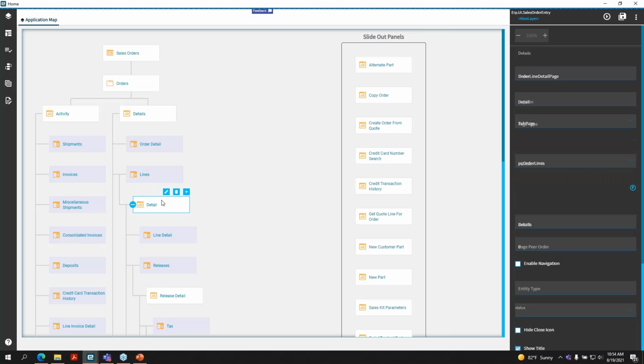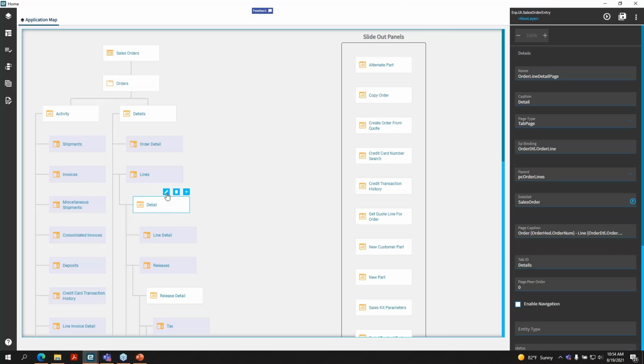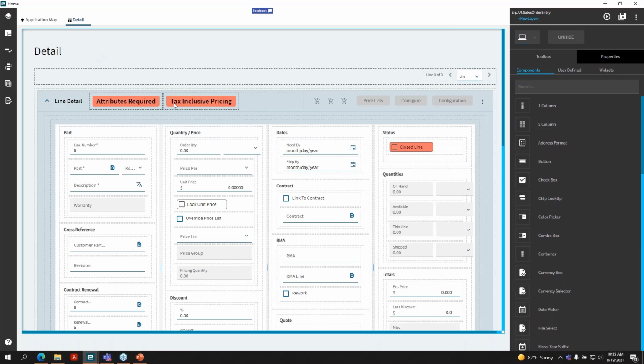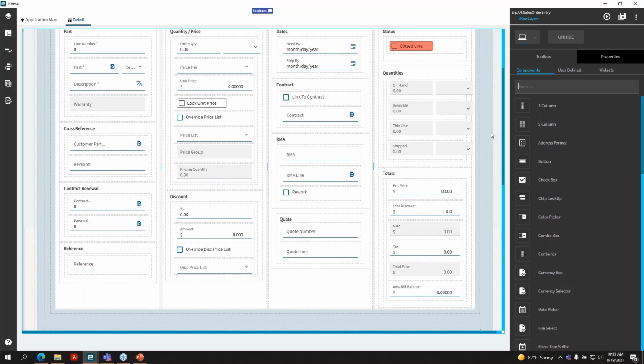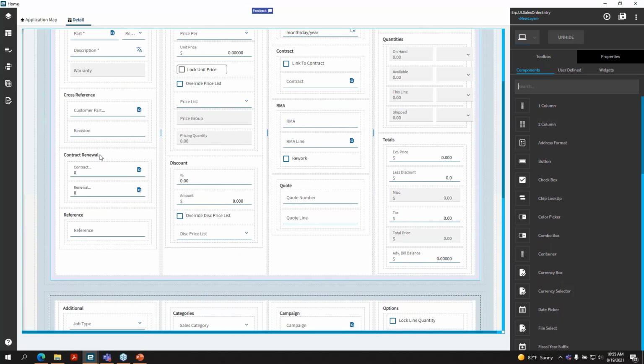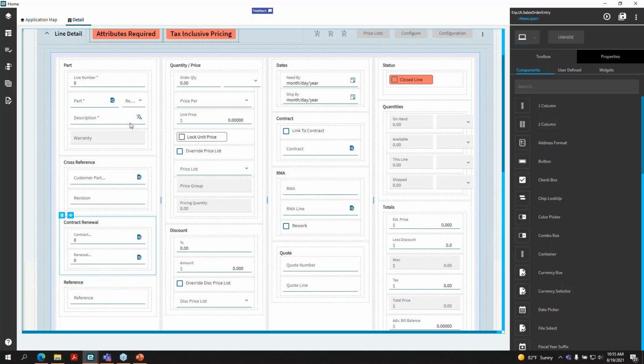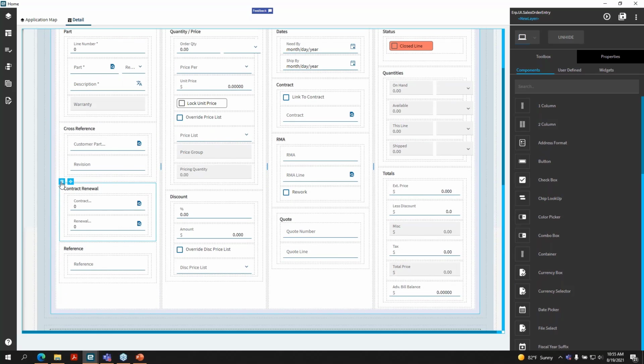So if I click on my detail little box here, you'll see that I get a few options like add, delete, and then edit, symbolized by a pencil. If I click on that little pencil here, it'll take me to a new tab that looks just like the line detail tab. Now you'll notice in here, and this is one of the cool things about Kinetic as well, this is all native stuff. So Epicor's already built all this into here, and on this customization layer, I can actually hide